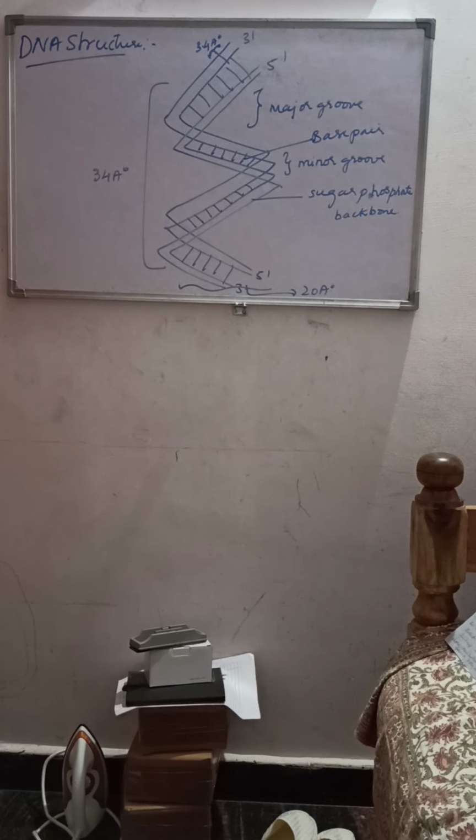According to this base equivalence rule, or Chargaff's rules, with respect to DNA, A, that means adenine, will always base pair to thymine. So A always base pairs to thymine, with a double bond, right?